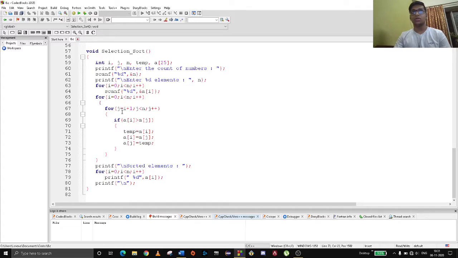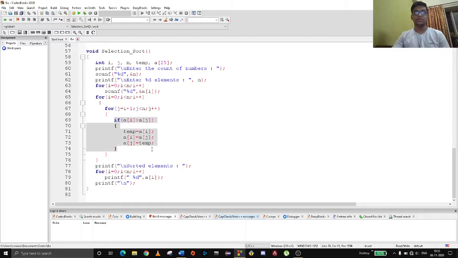The loop goes from i plus 1, because the first index is secured: the 0th index is compared with the first index, second index, third index, fourth index, and so on, up to how many the user has provided. It compares all the elements from the next position till the end. If a smaller element has arrived, it will swap the positions.